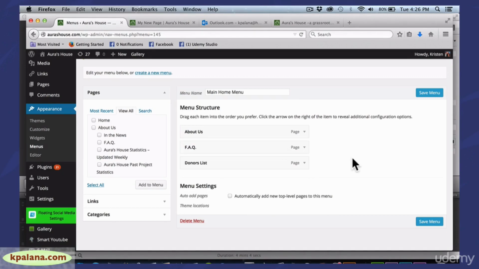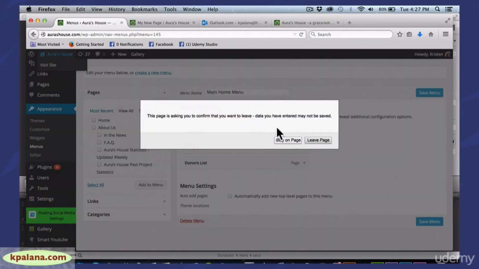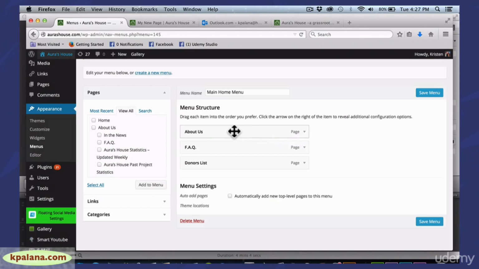So making menus is very easy. I'm not going to save this menu because again, I'm just giving you a demonstration, but this is where you would set up your menu. And as long as you've created your pages first, this should be very easy to do. And then once you're done, you should test it and take a look at your site. I'll pretend that I made a menu, which I did in the past. And then you want to go to your site and you just want to make sure,